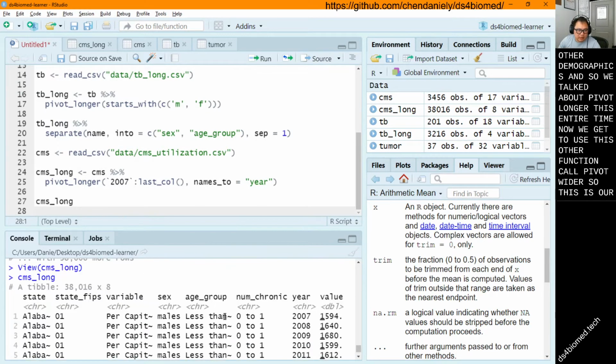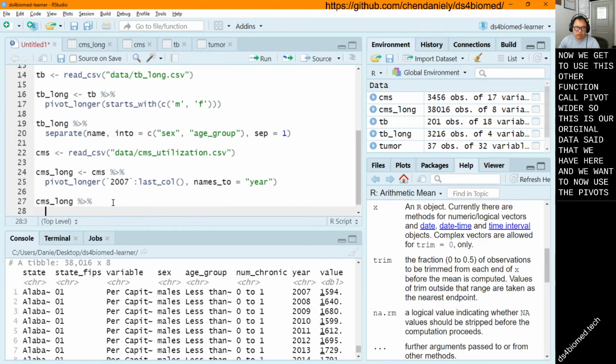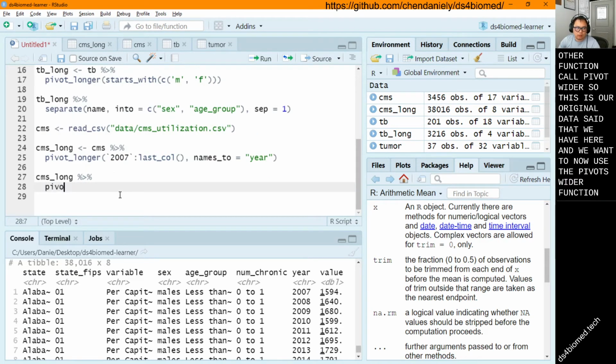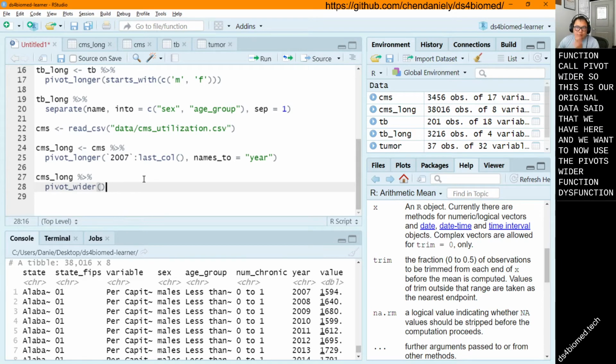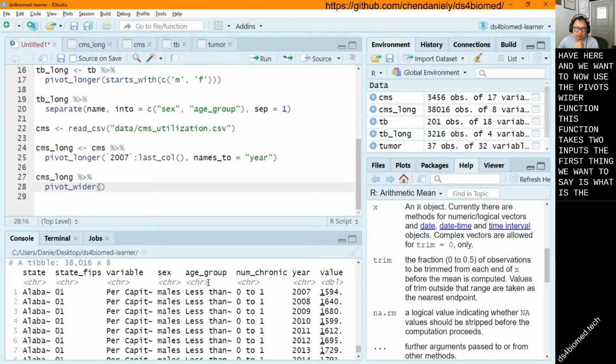So this is our original data set that we have here. And we want to now use the pivot_wider function. This function takes two inputs. The first thing we want to say is, what is the column